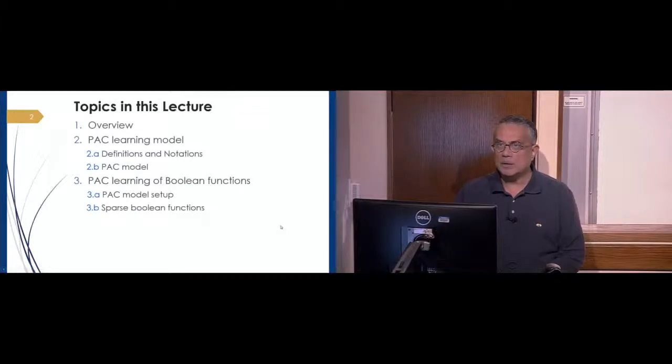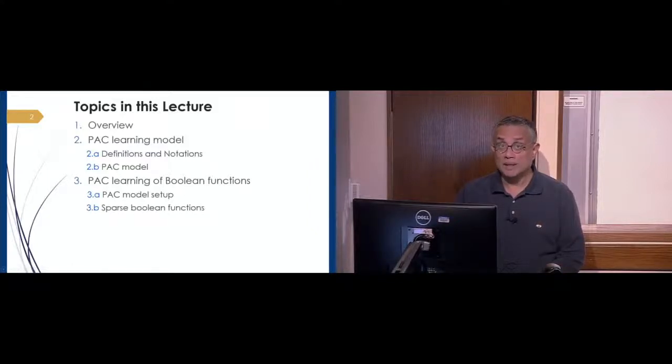So the outline of topics in this lecture would be a broad overview of why we care about machine learning, a particular form of algorithmically well-grounded learning schemes called PAC learning, which we will see in a second, stands for probabilistically approximately correct learning. So we are increasingly going to depend on what we saw in the prerequisite lecture on the basics of probability. See some basic definitions and notation, as well as the model itself.